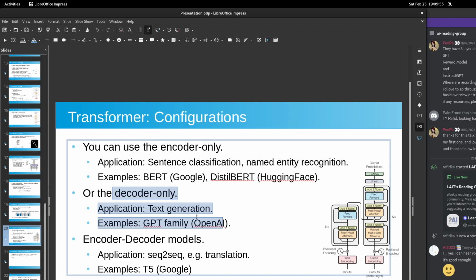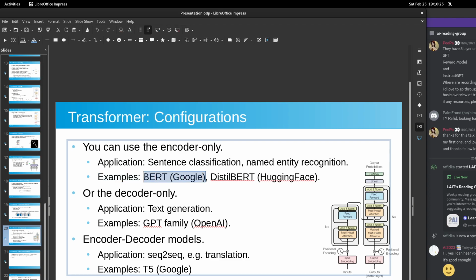So the application of transformers to generative AI requires only the decoder, because you don't have anything to encode to start with. You're just generating things from scratch. Or you can use them both, like we did in the previous presentation, where we implemented an English to French translation. In this presentation, we are going to talk about an encoder-only example, which is the BERT model